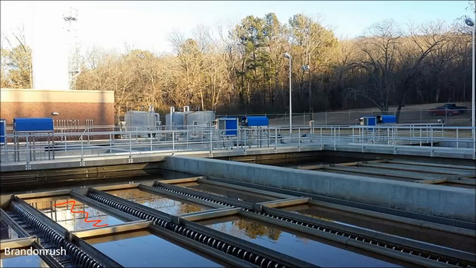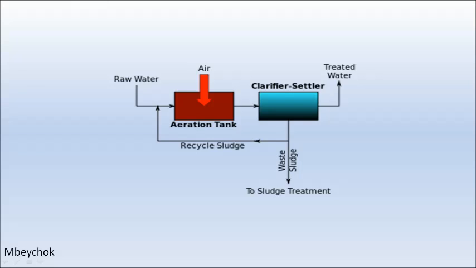And then there's scrapers that are located on the bottom of these tanks that will move that into the anaerobic sludge digester, okay, which I talked about before, and we're going to talk more about what that is at the end of the presentation. So here's a summary of what this process looks like, okay? This is the raw water. It's the primary effluent that comes into the aeration tank, the activated sludge tank, where it's oxygenated. It moves to a clarifier settler, and that sludge then settles out on the bottom, and it's moved to the